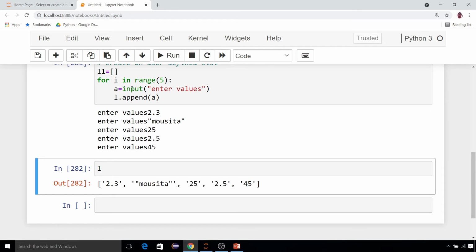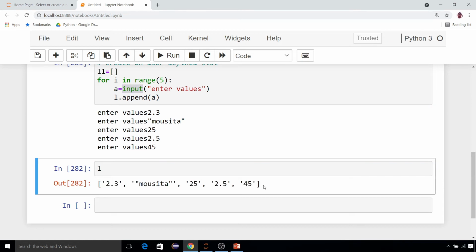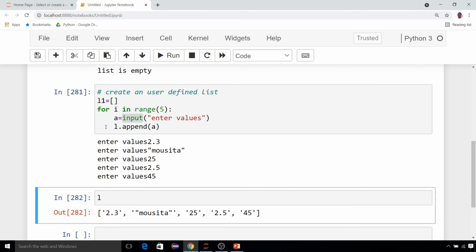But as you are using only the input function, all the values are given to you in string format, because I have told you already that whenever you use only the input function, it will take input as a string. So all these things are string input, no issue. This may also be a case, but if you say that no, I don't want the values as strings inside the list, if it is a string it should be a string, if it is an integer it should be an integer or float, can I? Yes, use eval, no issue.